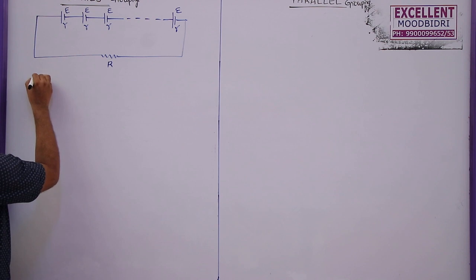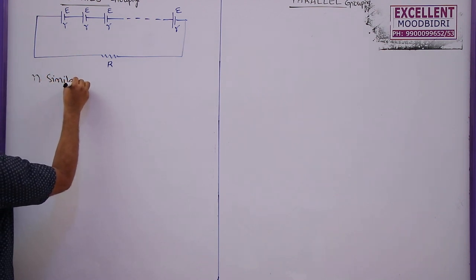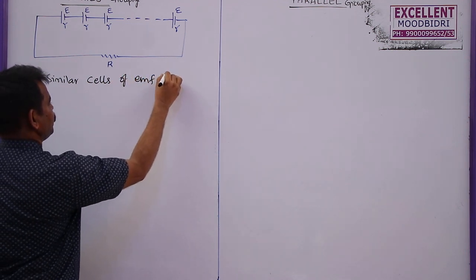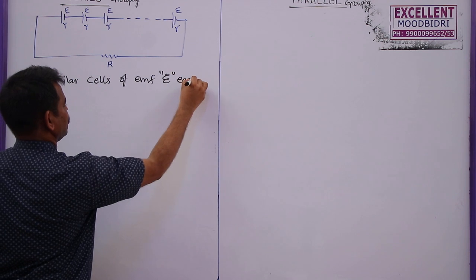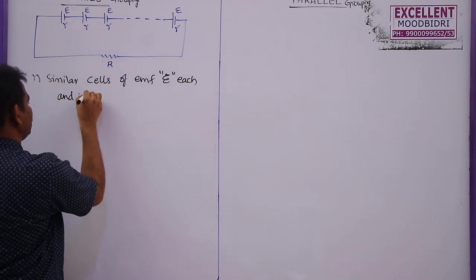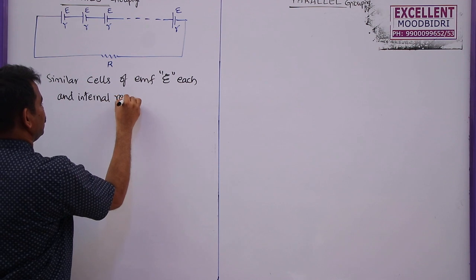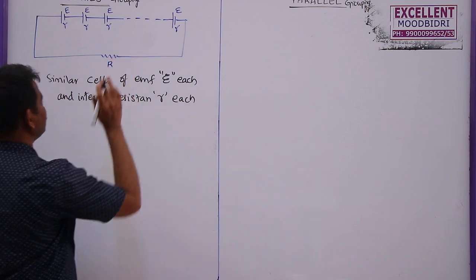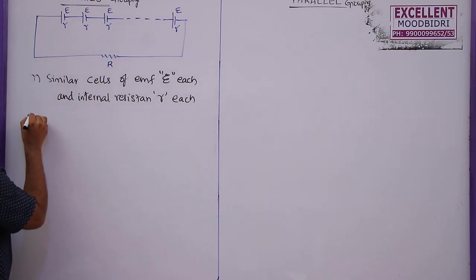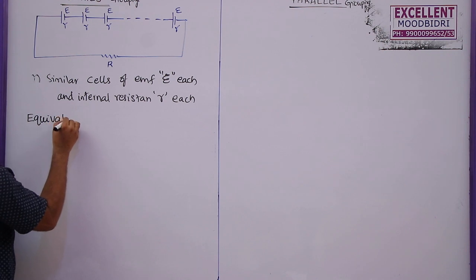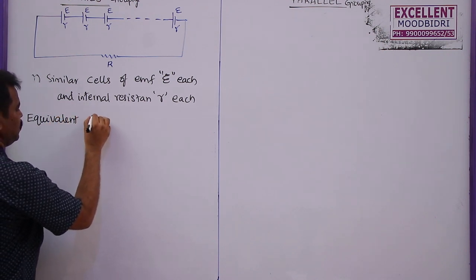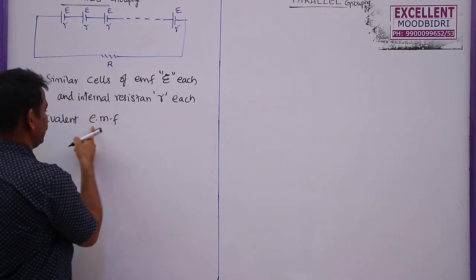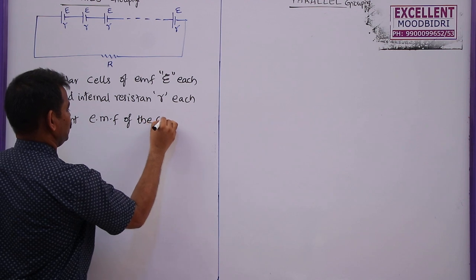Here n similar cells of EMF E each and internal resistance small r each are connected in series. So what is the equivalent EMF of the series combination or series grouping? Equivalent EMF of the combination is given by